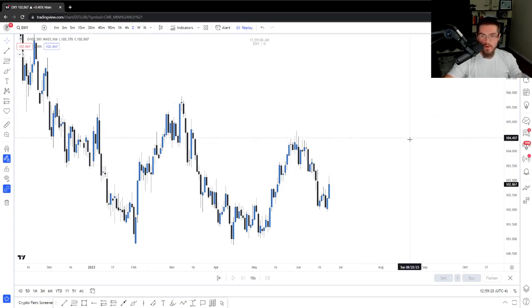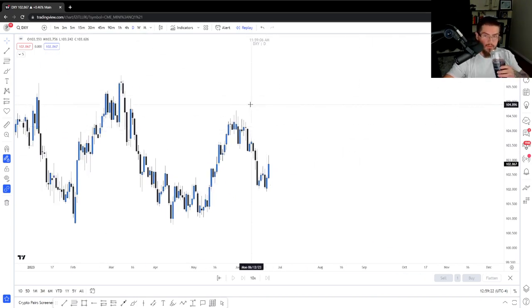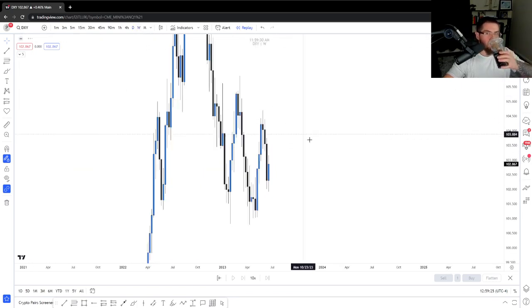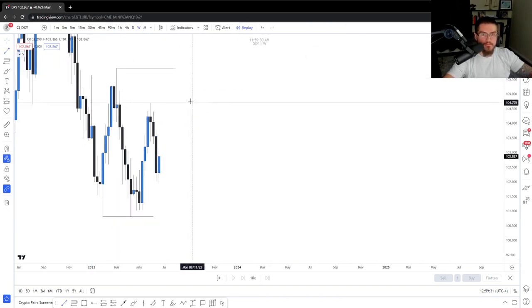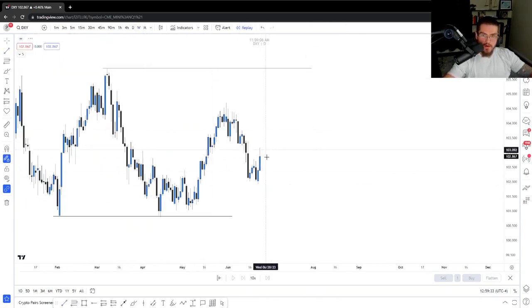So Hi asked, what do I think about DXY? So DXY, man, that weekly displacement strategy would tell us to look for this high up here. What I want to see in order to resume that is how we open this week, because this to me isn't really enough yet. Yeah, we closed above it, but that's not displacement. I can see it forming though. I definitely can